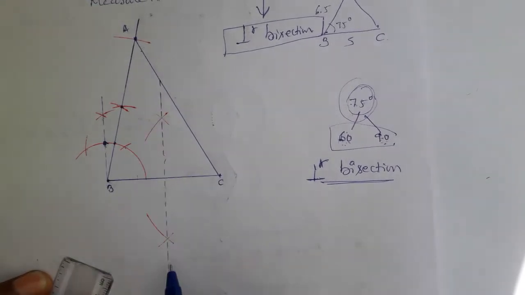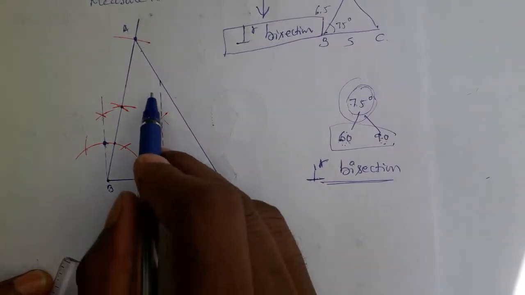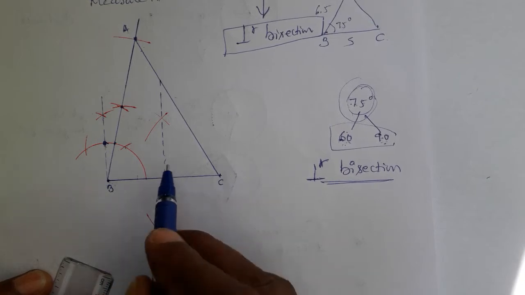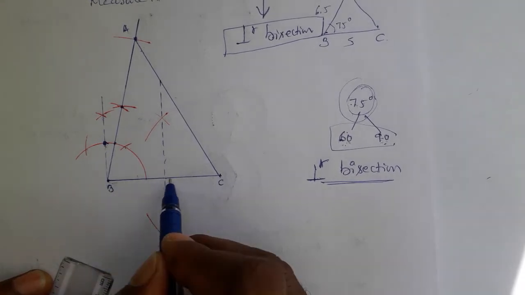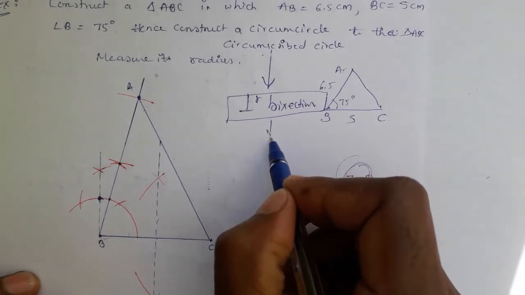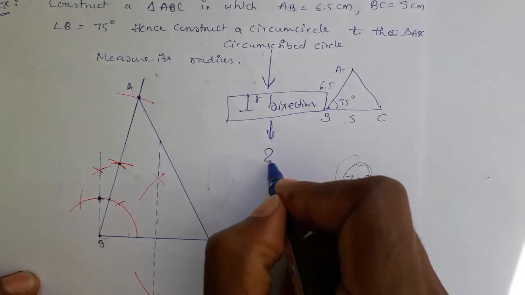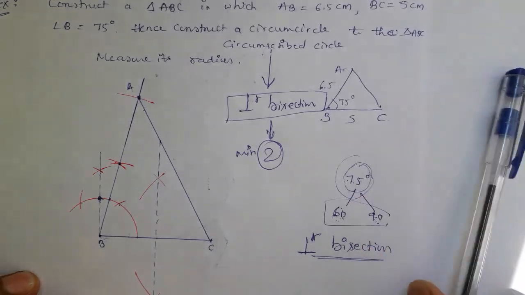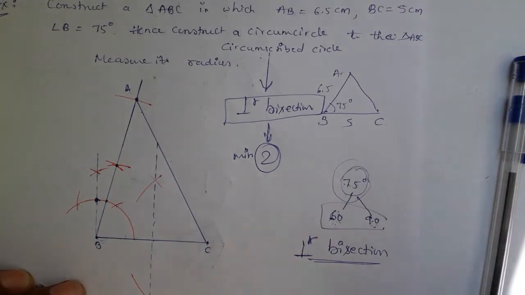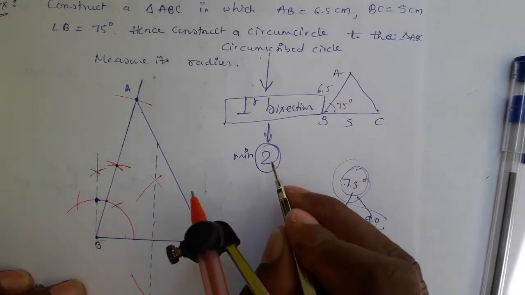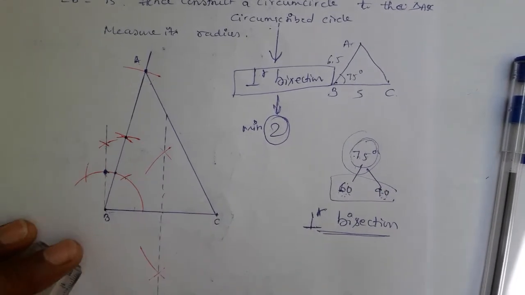How to judge whether your perpendicular bisection is correct or wrong? That perpendicular bisection exactly passes through the middle of B and C. Look, from B what distance, from C also the same distance. So this point is exactly in between these two. So the perpendicular bisection is correct. But we did only one perpendicular bisection. We have to do a minimum of 2 perpendicular bisections, maximum 3, because 3 sides are there. More than 3 is not possible; that is only for other polygons. Okay, minimum 2. One perpendicular bisection is over.